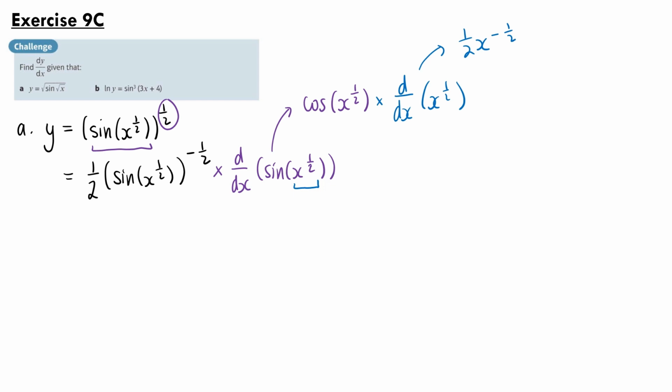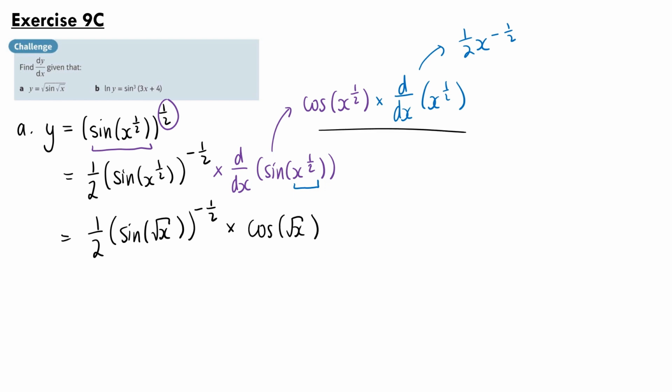So putting that all together, our answer is a half times sine of the square root of x to the power of minus a half, times the derivative of sine of the square root of x, which was cos of the square root of x times the derivative of the square root of x, which is a half x to the minus a half. If we simplify this a little by putting these constants, a half and a half, together, giving us 1/4,